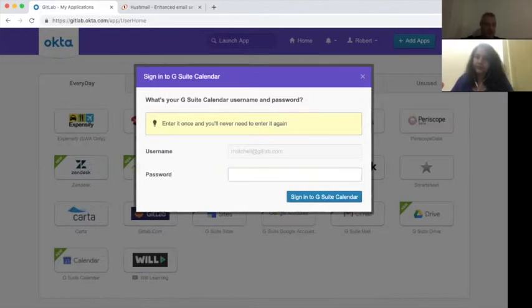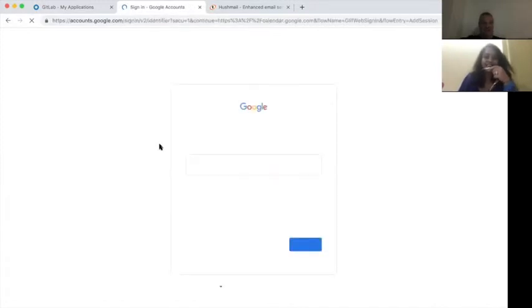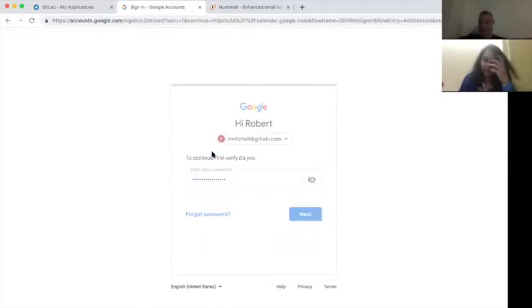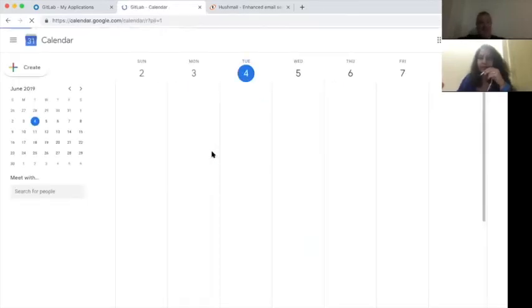If you bear with me while I get this password, I'll give you an example of how that looks. There. Paste that password in there. If I click on sign into G Suite Calendar, let's talk to the demo gods and make a prayer. And you'll see that it's going to prompt for an email detail here, which will populate. It'll actually populate the password field. I'm not typing that quickly. I'm good, but I'm not that good. And voila,